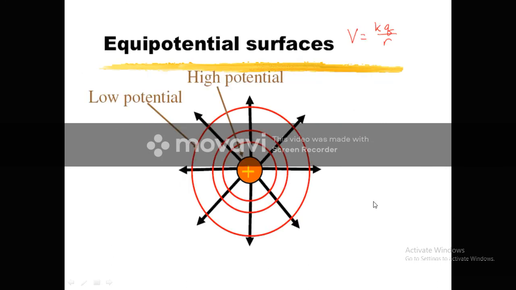Okay, now this is another example of equipotential surfaces, and these equipotential surfaces are from a point charge. This red circle is an equipotential surface because the distance from the point charge to this surface is the same, so at each point the electric potential will be the same. If we move the charge from this to this, no work will be done. And the E is pointing towards the decreasing electric potential, meaning the potential over here is high, medium, and then low.